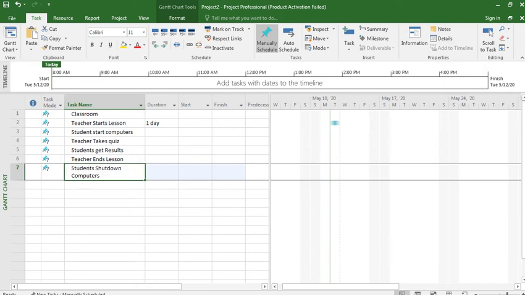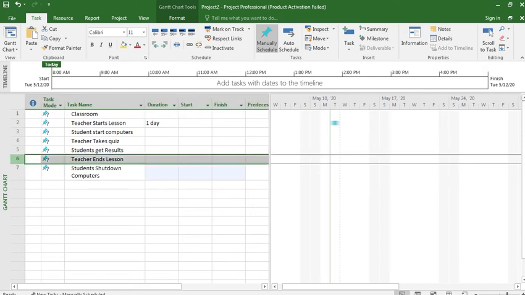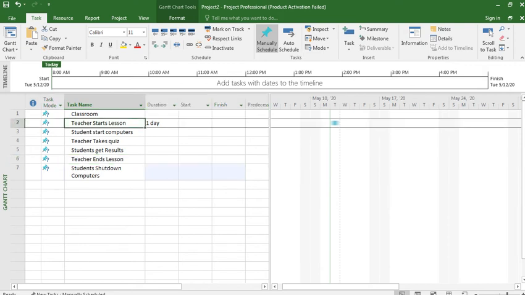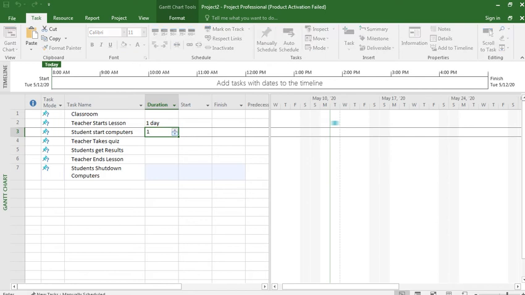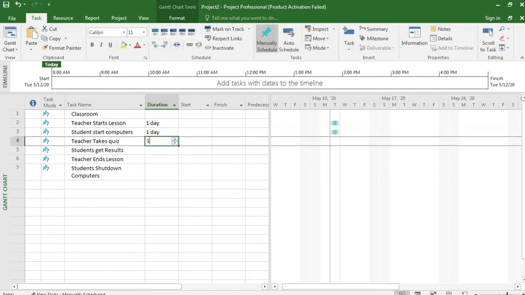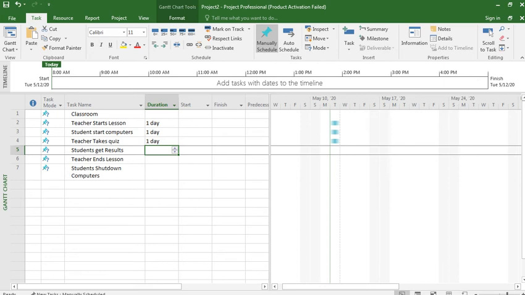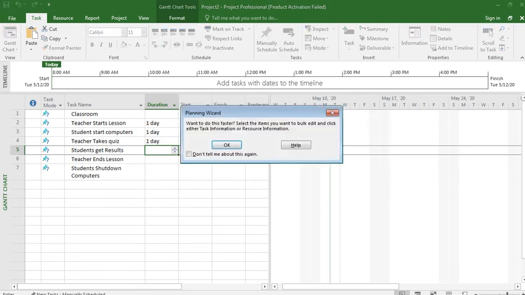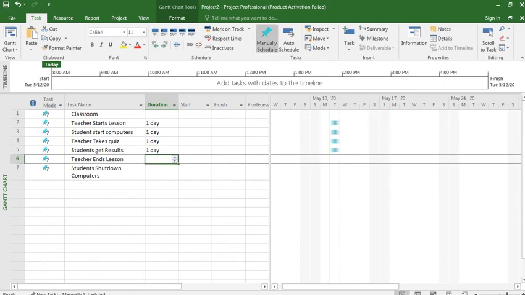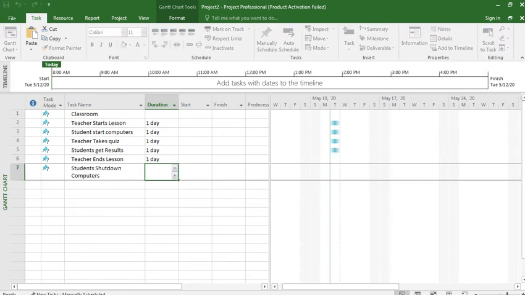So if we put these two processes, I put one day here, one day, one day, and one day and one day.